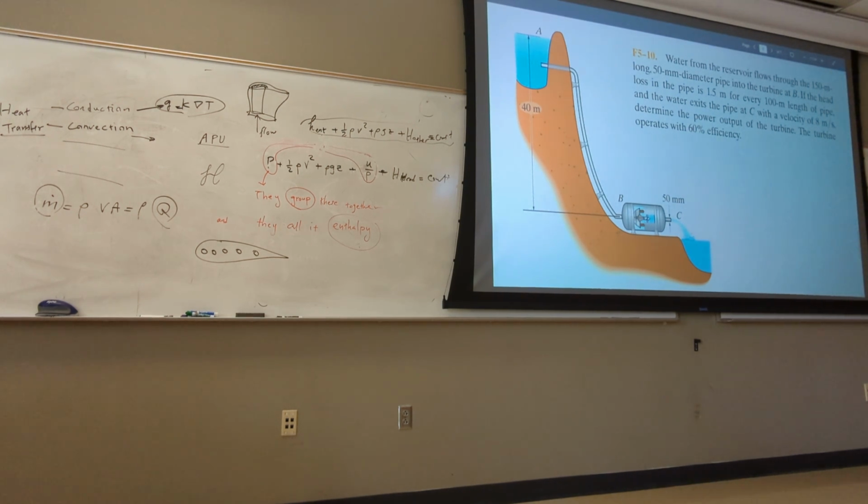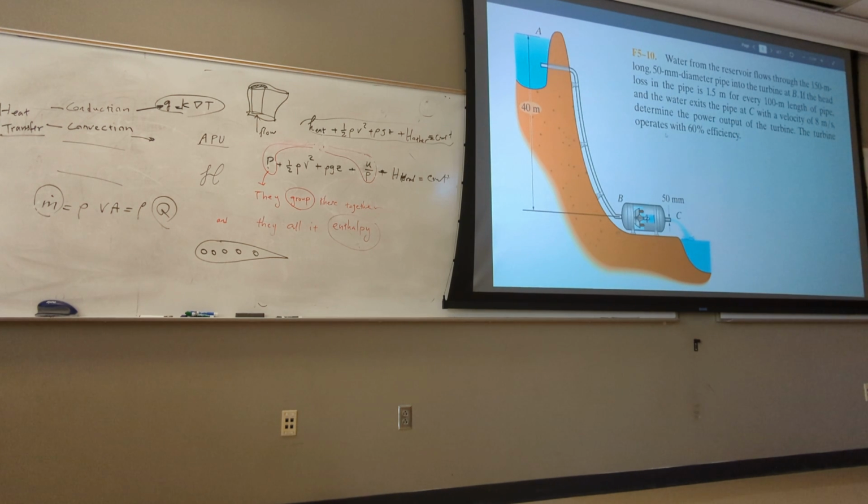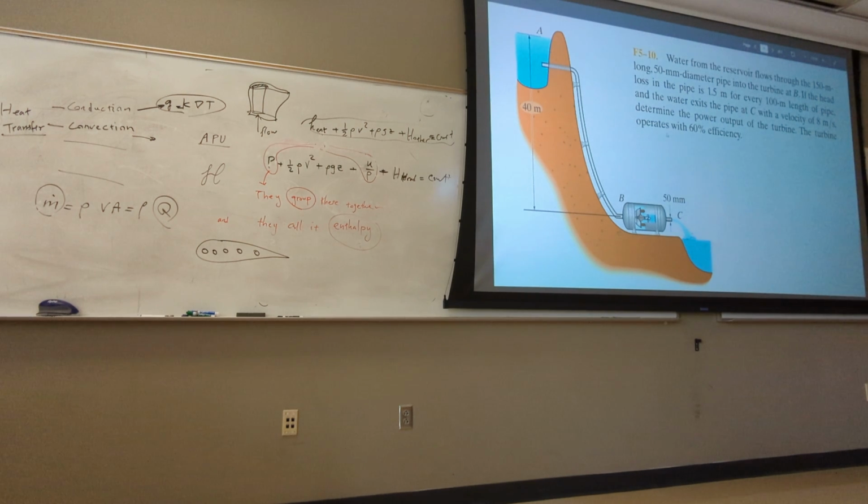And then the velocity at the outlet is given, and it says find the power of the turbine, the power that is generated by the turbine. But look, they say the efficiency of the turbine is 60%. In the last problem, I said the efficiency of the pump was, let's say, 90%, but here it's 60%. So what does it mean, efficiency is 60%? That means whatever I get out of the energy equation, I have to multiply by 0.6. It's not going to give me all of what I get from the energy equation. Some of that will be lost inside the turbine, and I only get 60% of it.